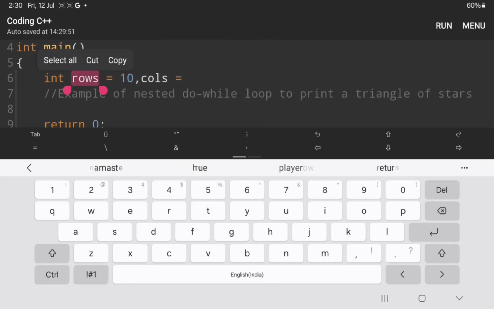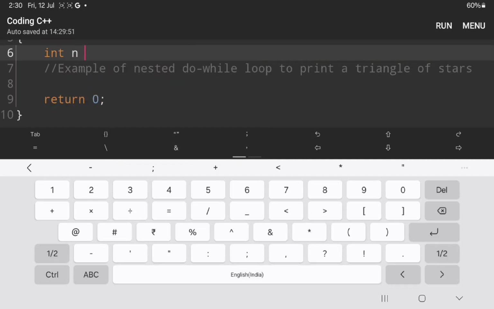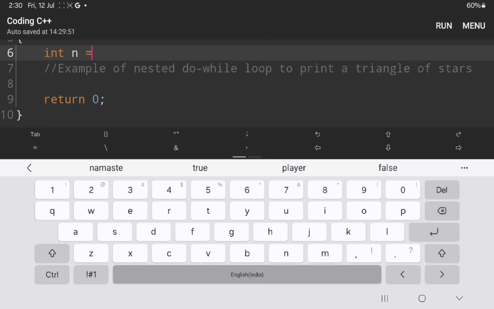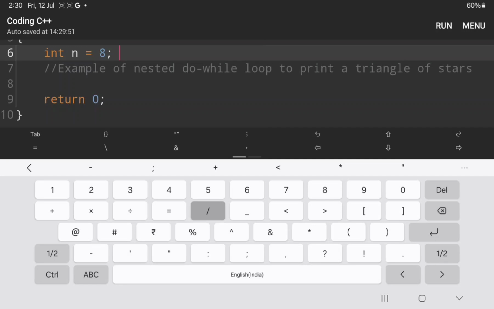I'm going to keep the int and take off the remaining and write int n equals, and this is for the rows. Like if I keep 8 rows and a semicolon,